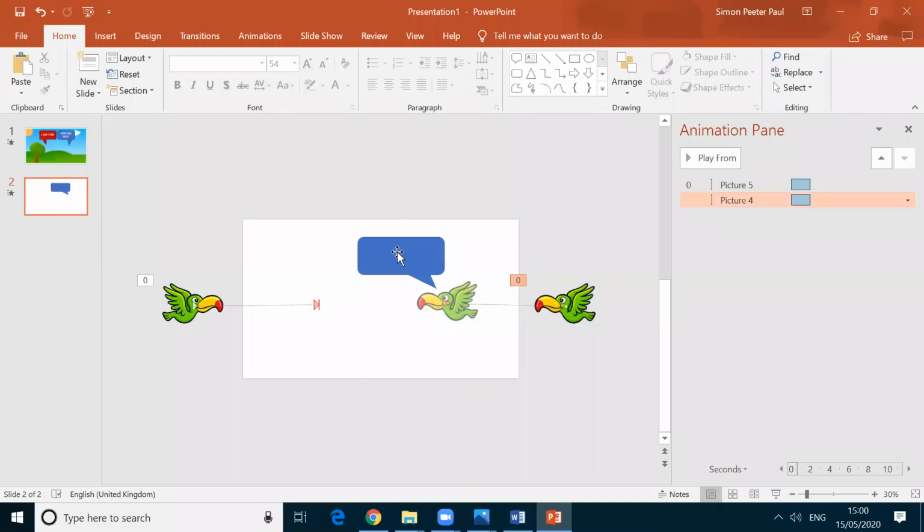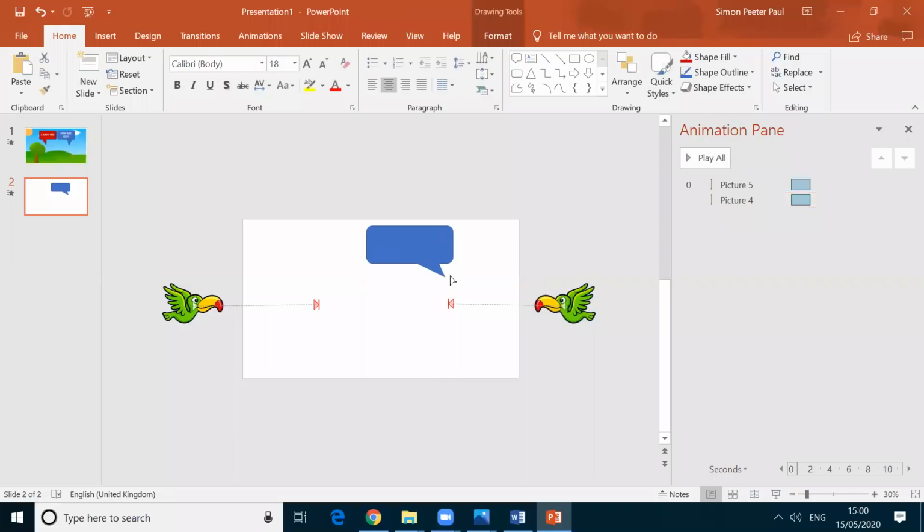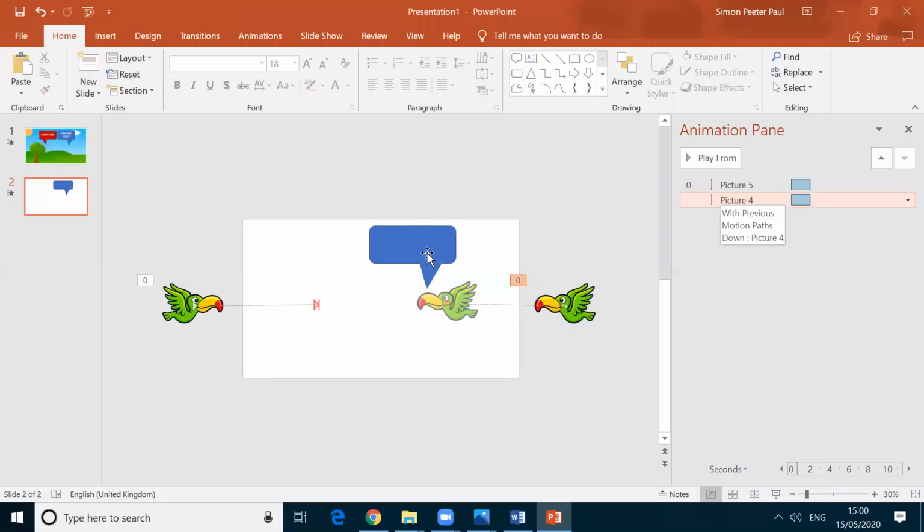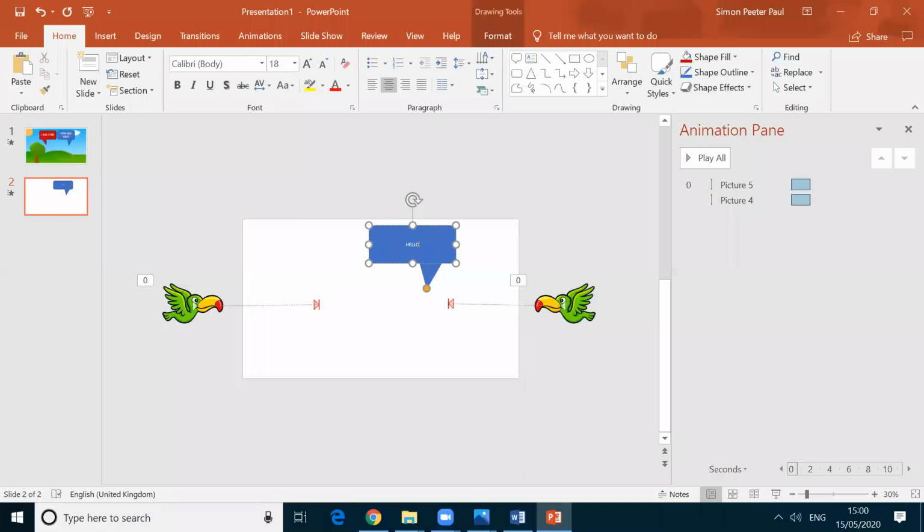I have to move the callout. Now I click OK. To add anything in the callout, I'm typing hello. You can increase the font size. Now I added one callout.